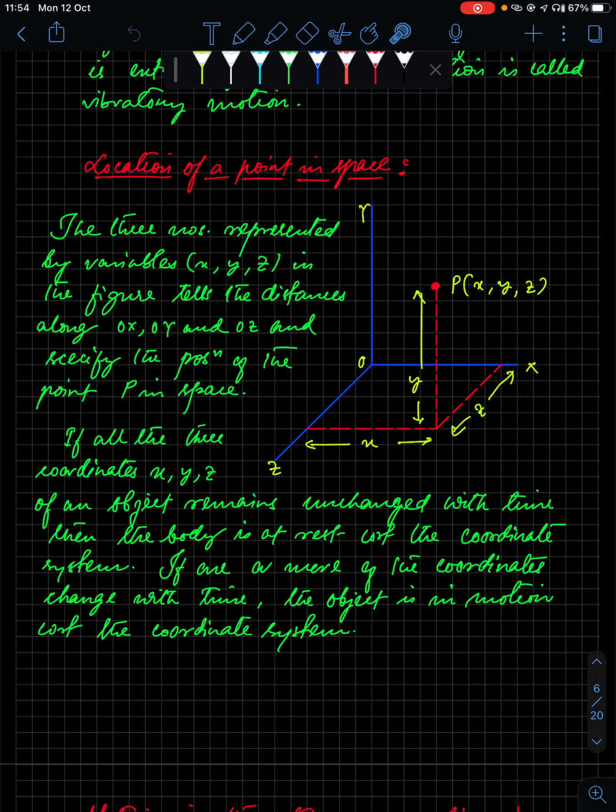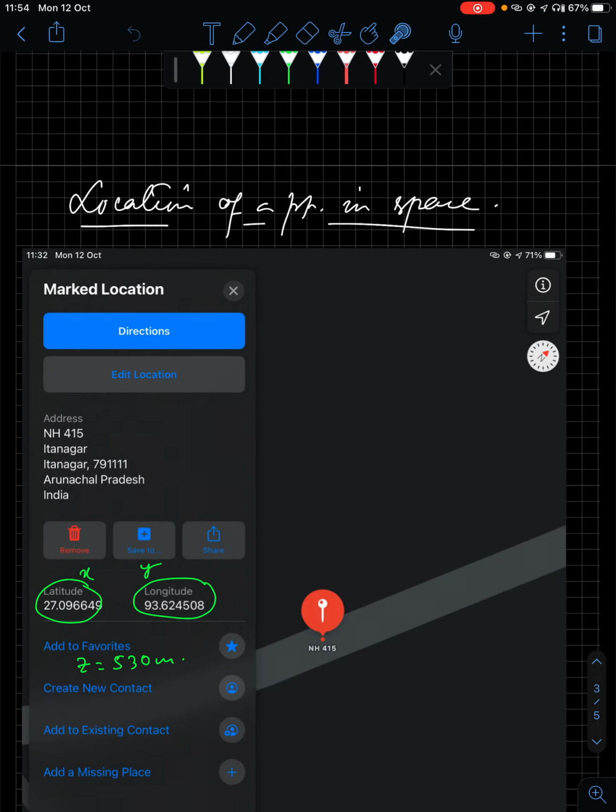So this can be placed at the corner of your room, and accordingly you can mark one of the lines as x-axis, the other line as z-axis, and the one which touches the roof you can mark as y-axis. Now if I ask you, say you put your hand in space, in between somewhere, not on the floor, not on the wall, then how do you locate the position of that particular point? You locate it with the three axes, x-axis, y-axis, and z-axis. This will be given in meters or centimeters as the case may be.